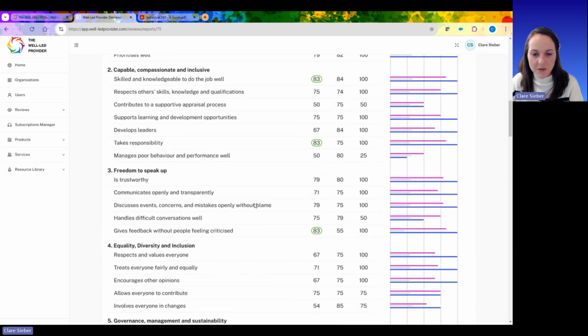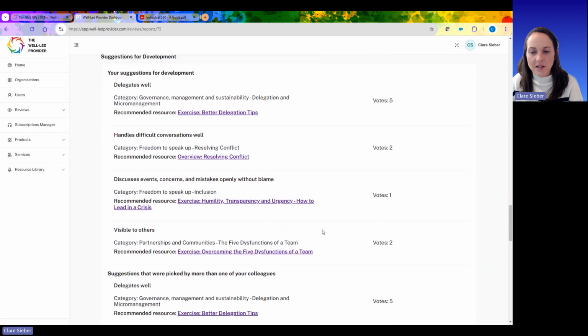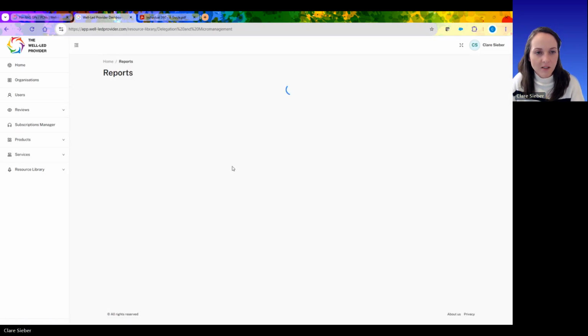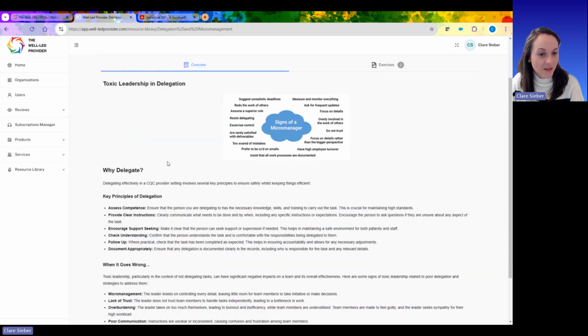And that's why I'm bringing this one up to show you. This is what the report looks like if people have voted on priority areas. You'll be able to click through to our library on any of these resources that you think are particularly interesting to you. In this particular example, there were 5 people who all thought that this individual needed to be working better on delegation. So you can click through and then see a nice overview about delegation,